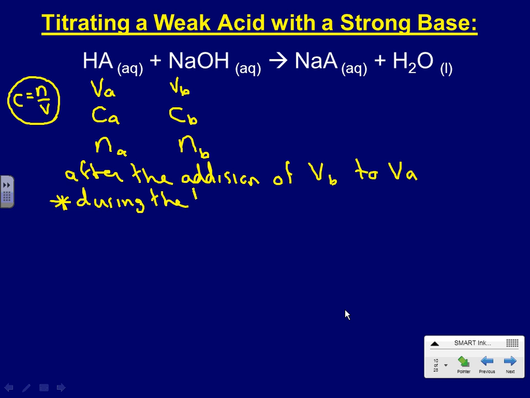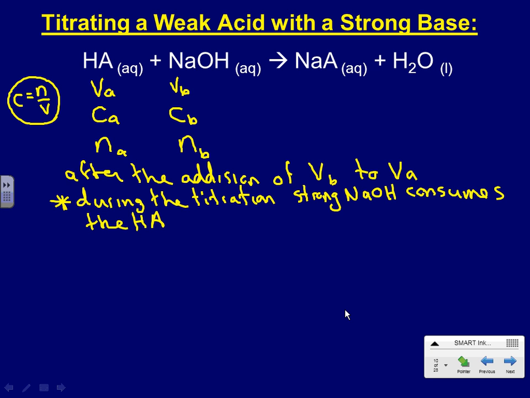During the titration, the strong NaOH, that strong base, consumes the HA, the weak acid,